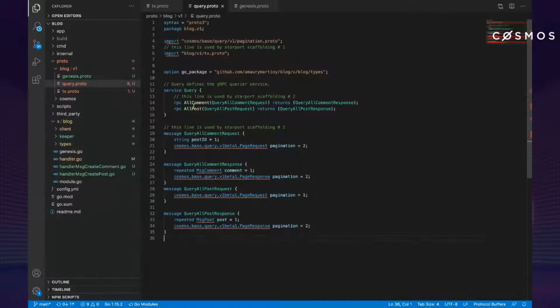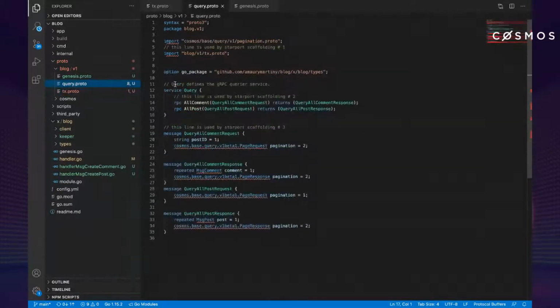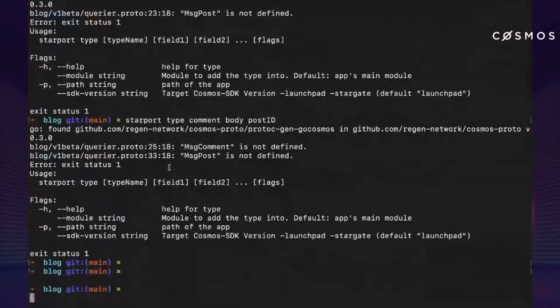So again, two simple RPC endpoints, and that's how we define the proto definitions. And that's it for the proto definitions. It's not really complicated. You just need to get hold of the syntax that Google created for that. But it's quite straightforward, and the next step would be to generate the Go code corresponding to these proto definitions. And that's done with the scripts